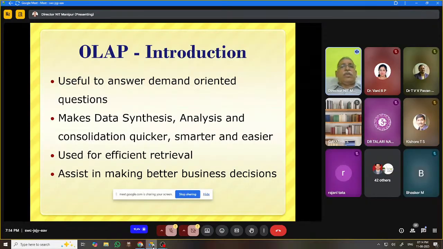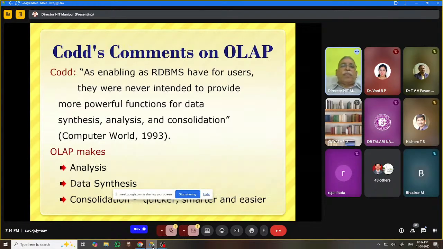So the institution-based decisions we don't encourage. Here we take the decisions based on the data. So data-driven decision: data is only guiding you to take a decision in a particular form. That process is going to become easy, better, and efficient by using OLAP.